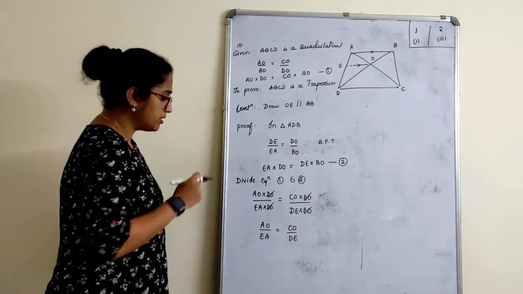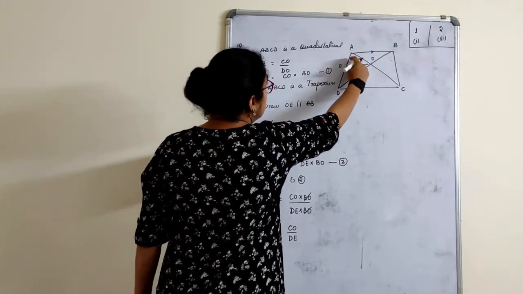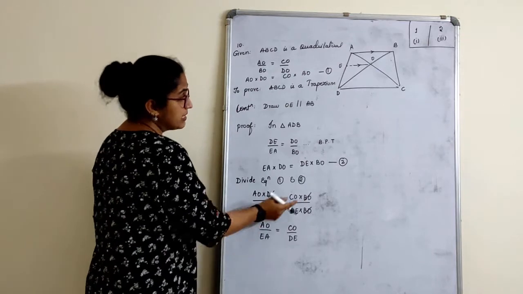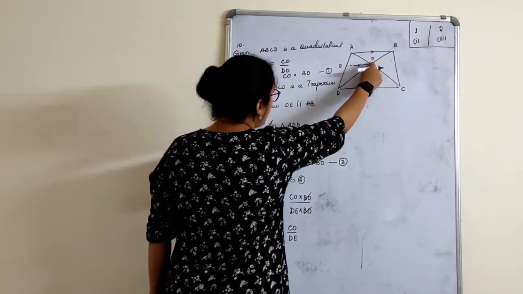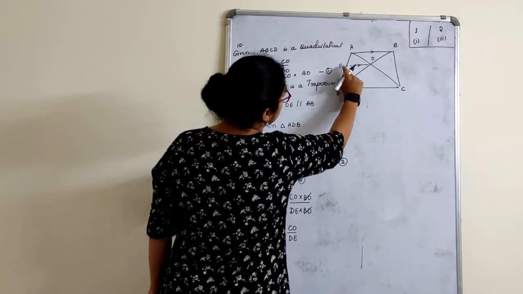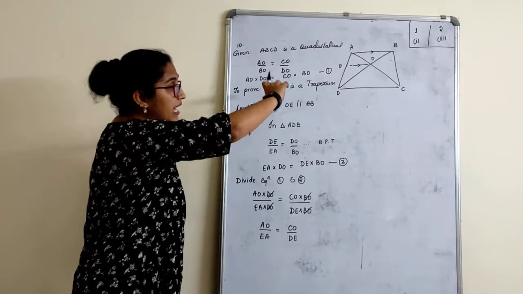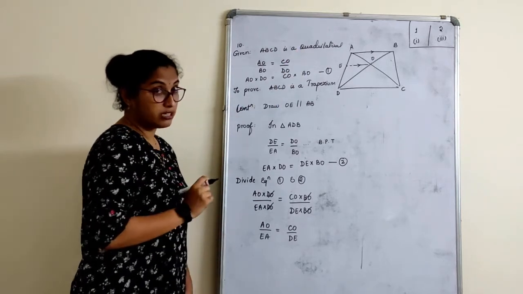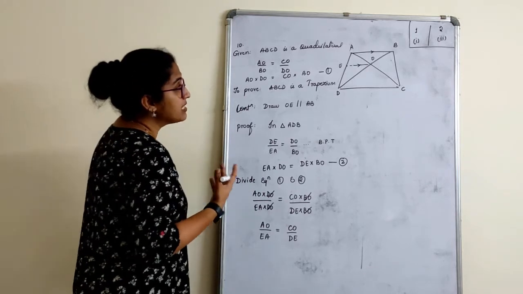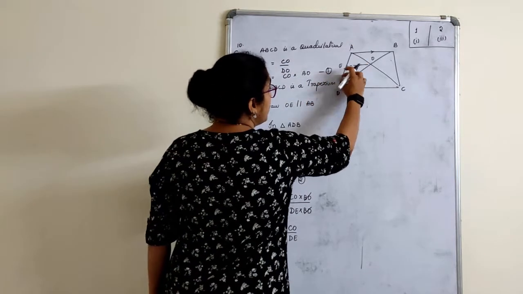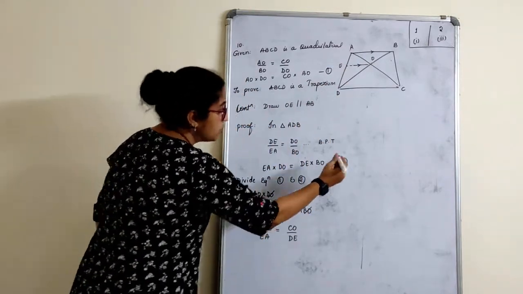Now just look into this. AO upon EA. We have some other two sides, and we have the next as CO upon DE. So we have not exactly the proportional sides, but we have parts of the sides. So they are not correct. What we have to do? We have to adjust the sides now. We have to get the sides in such a way that this by this and this by this we get. Correct? Cross multiply. I'll do it here.